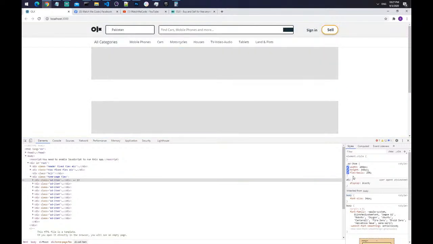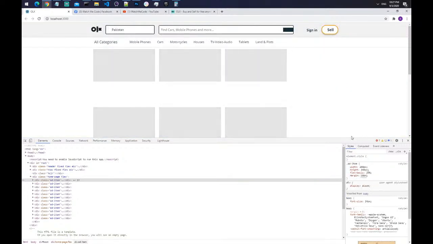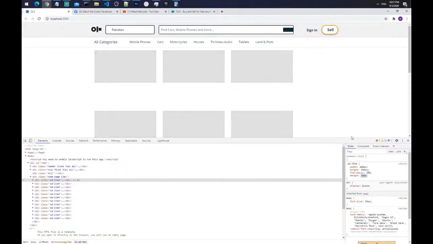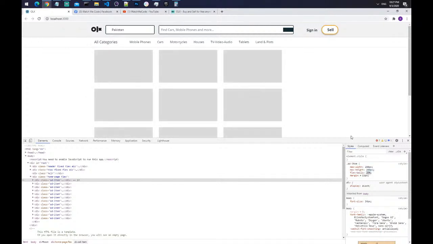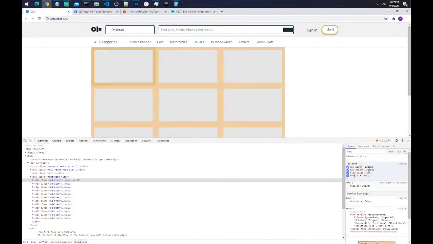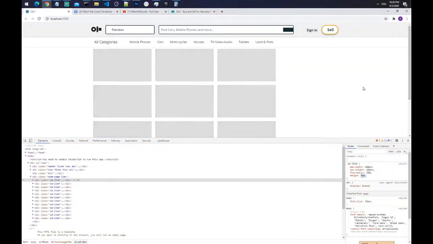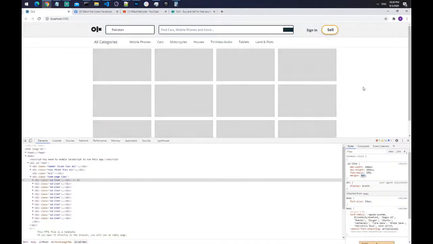And for add item, let's quickly add a margin of 10 pixels, or maybe 15, and we need to add max width and max height, and I guess we have added a lot of margin, so let's reduce it to maybe 4. To keep these 4 columns we need to change the margin to,